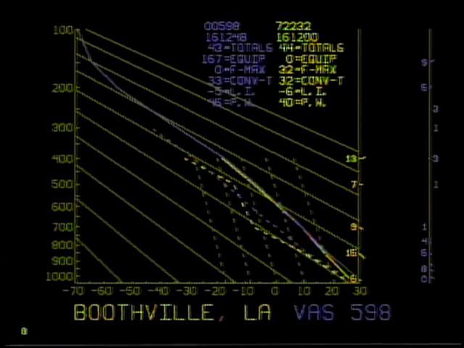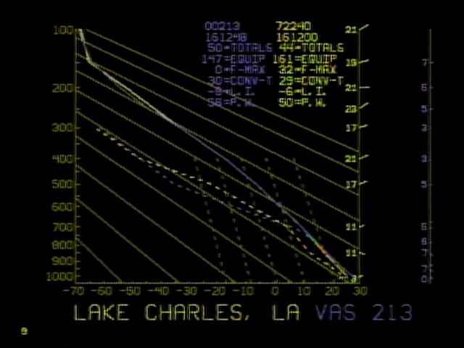However, VAS dew points are noticeably higher, especially in the mid-troposphere. The discrepancy in wind velocities is due to the fact that the radiosonde values are in knots, while the VAS winds are plotted in meters per second. Similar comparisons can be made between the VAS and radiosonde soundings for Lake Charles. Here again, the temperature profiles show close agreement, but significant differences exist between the dew point curves. Winds at all levels are easterly with almost no change in velocity, resulting in